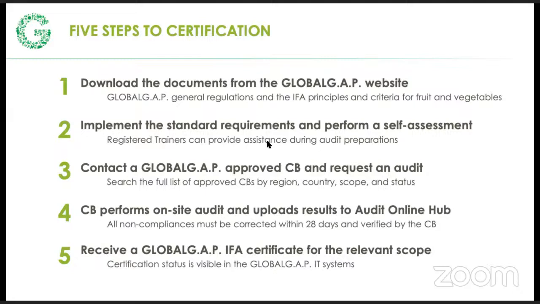Once we feel that we've gone through and we've set things up and we think we're in pretty good shape, we're ready for somebody to come and take a look and see if they could give us a certificate. And by the way, they expect you to maintain records for a minimum of 3 months. So if you want to be certified 3 months from now, the record keeping should start now. Because the auditors and the certification bodies who will come to see if you're in compliance will have to see some of your records going back a minimum of 3 months.